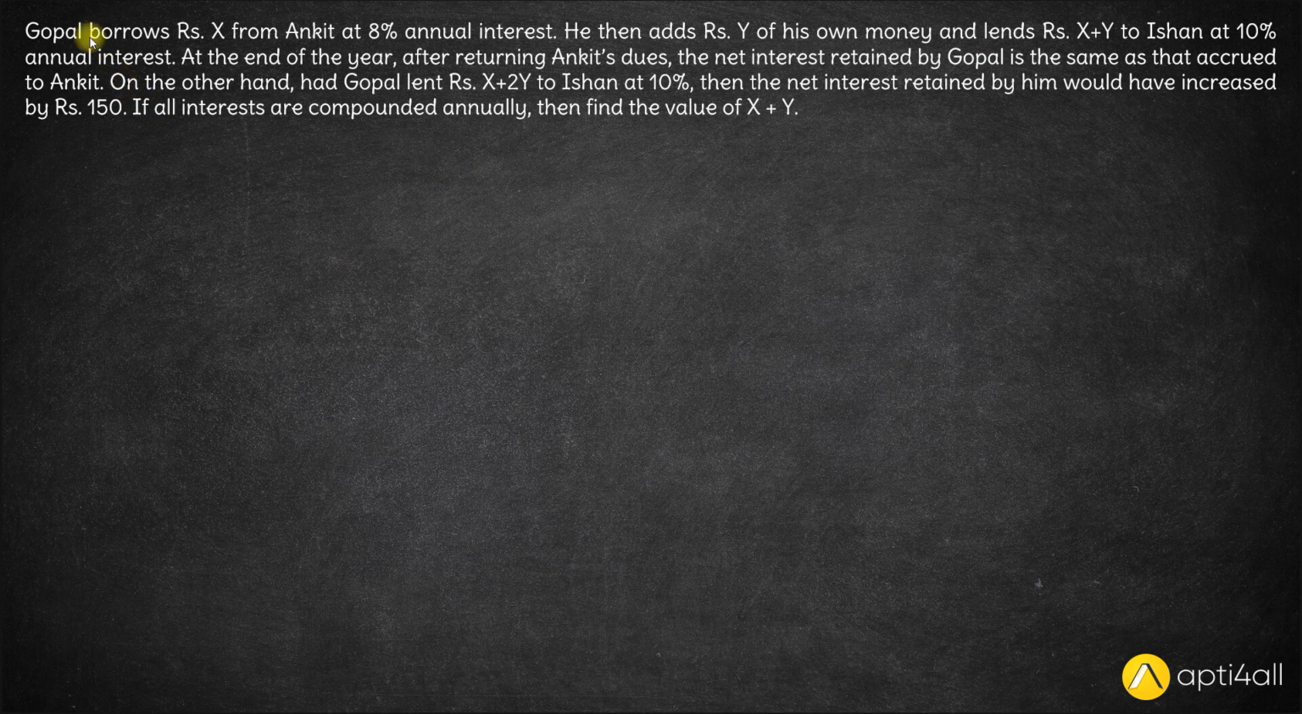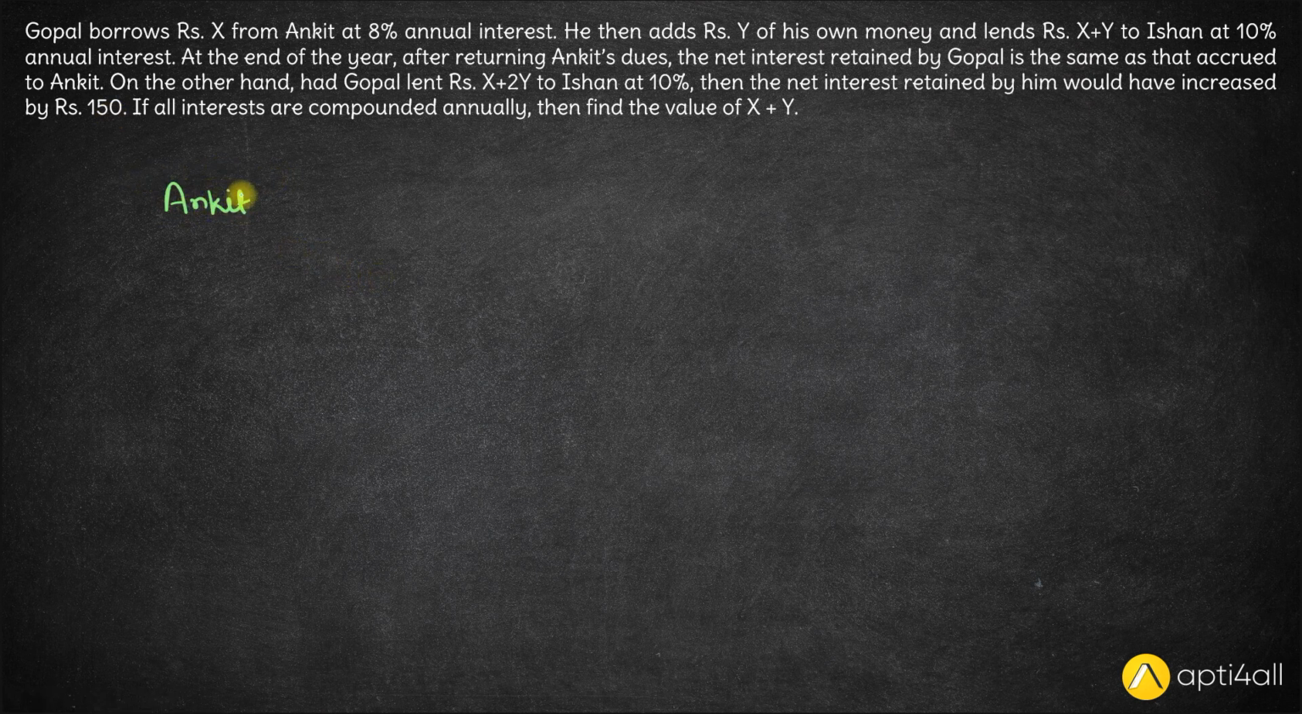Hi. Here we are given Gopal borrows X rupees from Ankit at 8% annual interest. He then adds Y of his own money and lends the X plus Y rupees to Ishan at 10% annual rate. At the end of the year, after returning Ankit's dues, the net interest retained by Gopal is same as that accrued to Ankit. So